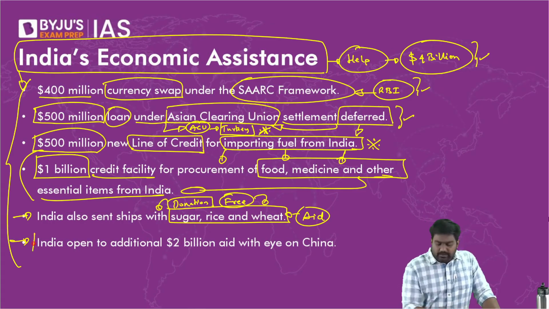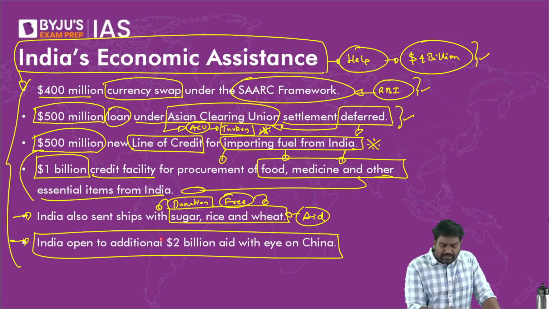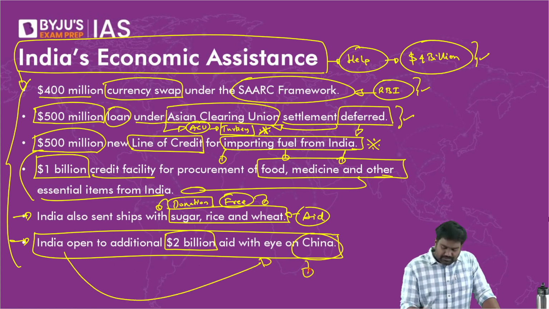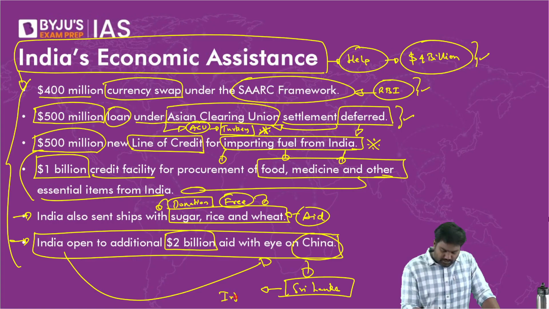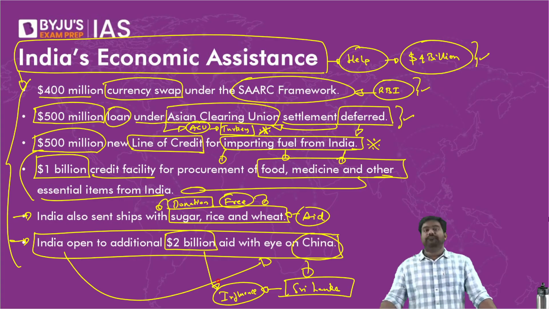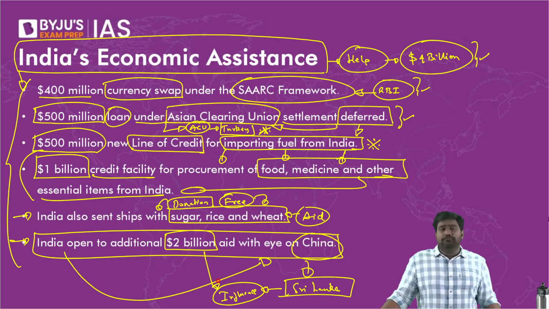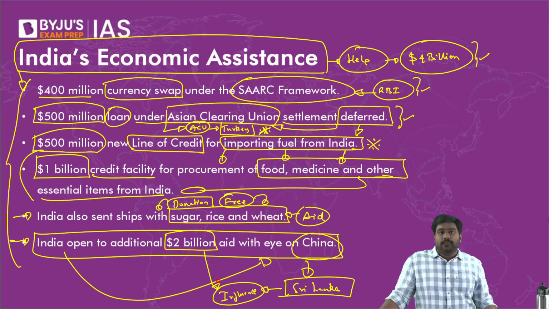And we have kept aside at least a couple of $1 billion to ensure that we will outcompete China. We will outcompete China to use this opportunity to regain the lost influence in the country. So close to $3.5 to $4 billion worth of assistance has been provided by India. And India has played a critical role in backing up the Sri Lankan economy. Or else by now, things would have been even worse for Sri Lanka.